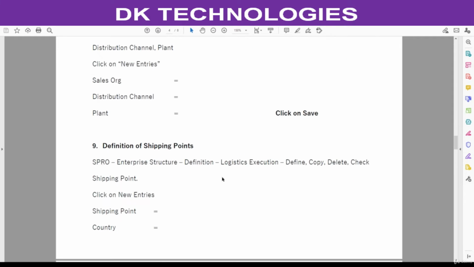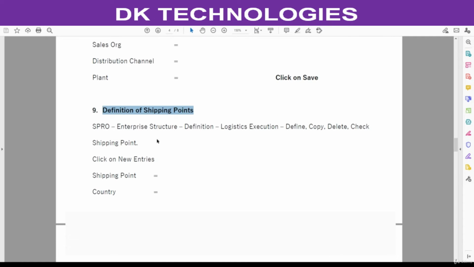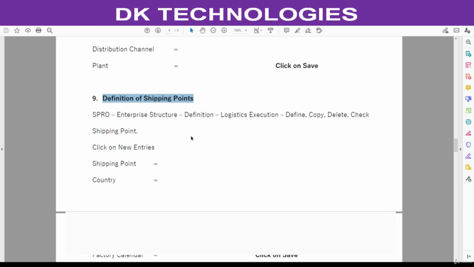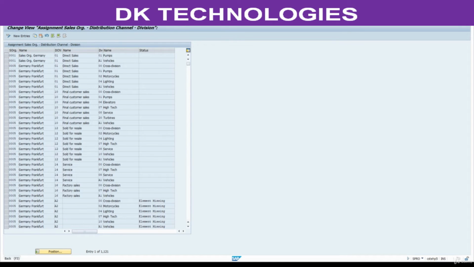Next step, these shipping points are required for outbound deliveries and delivering the stock against sales order. This is mandatory. We cannot skip this configuration. Now go and create a shipping point.